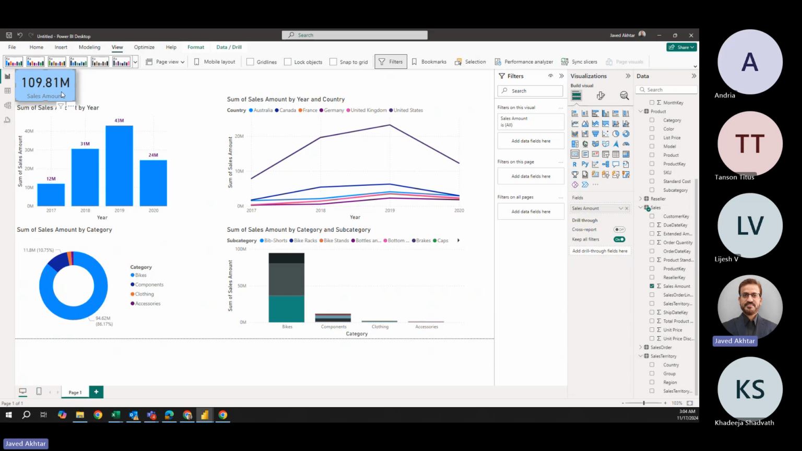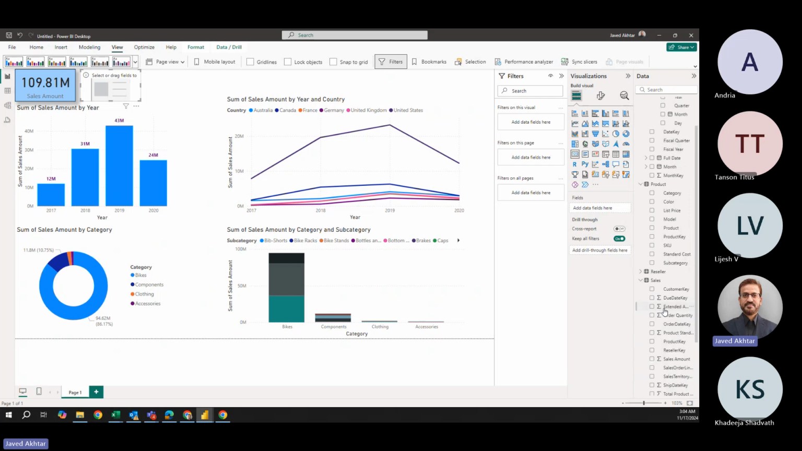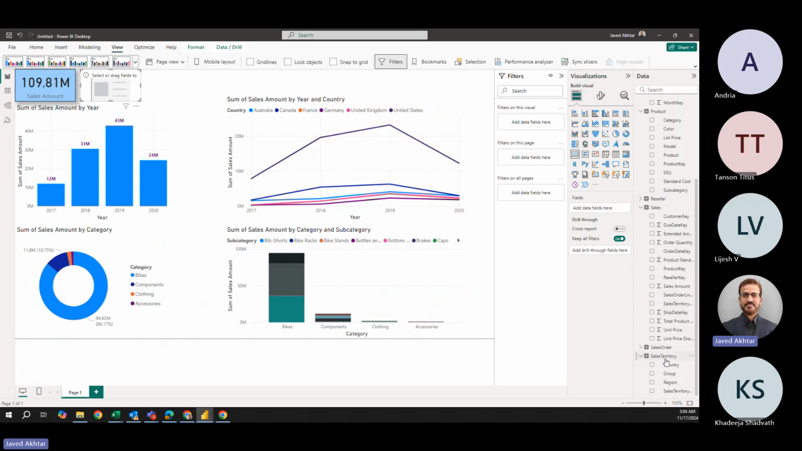Now this cue card I can copy once I'm ready with the visual, means all the formatting. Copy this visual, right click, come back to the Control V, make a copy, and remove the sales amount, and I will say maybe customer, number of customers. So let's say here customer key, right? Customer key